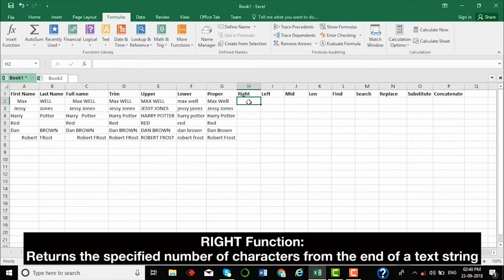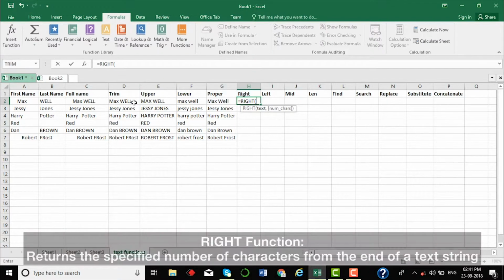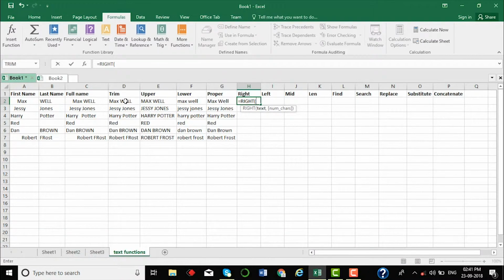Next, we have the right function. If you want to take a few of the characters from the right side of a text, then use the right formula. Equals right of. Say I want to take the last word, well, from the text Maxwell. So I would select the cell,